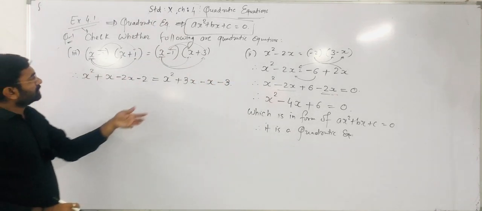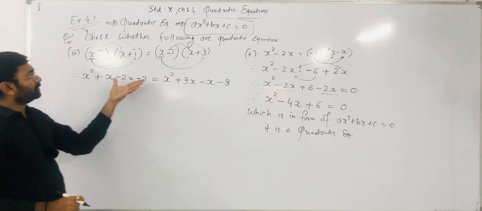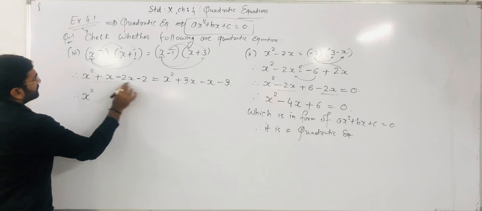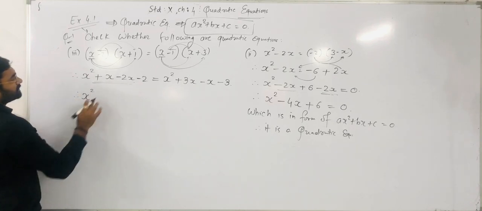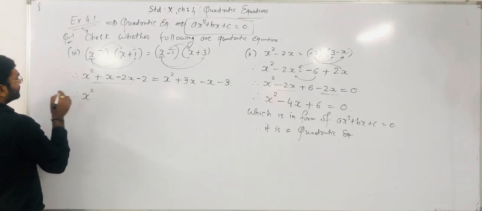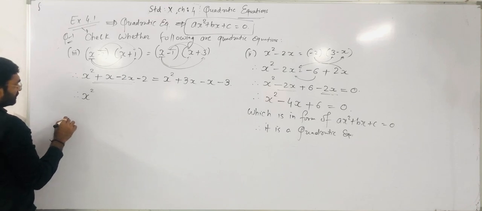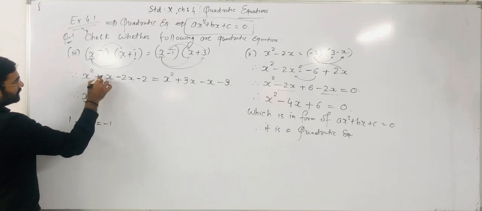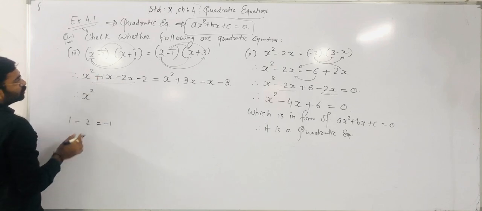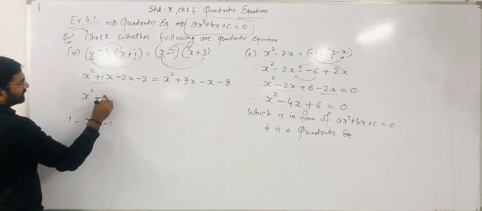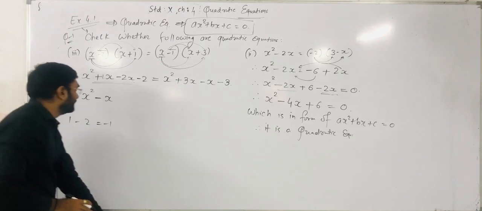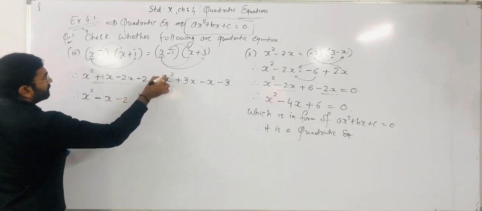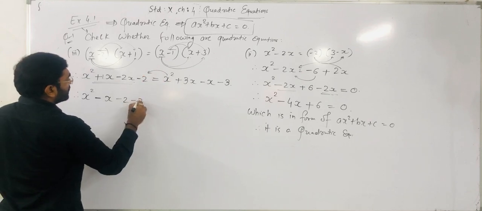Now the right hand side, all terms we have to take to the left hand side. So here what do we get? x square as it is, those two terms. Simplification: plus x minus 2x. As we write 1 minus 2, its answer is what? Minus 1. Same way, here is 1 time x minus 2 times x, so we get minus 1 times x, which means minus x we can write. Minus 2. Here plus x square comes to the left hand side of the equal to.